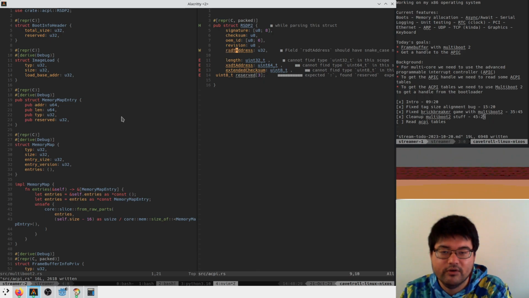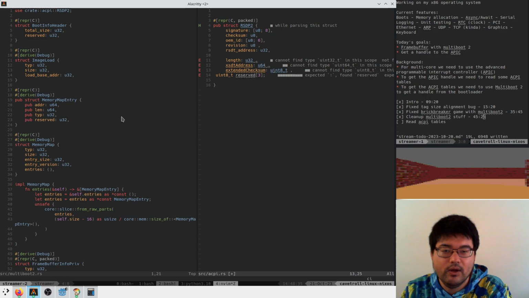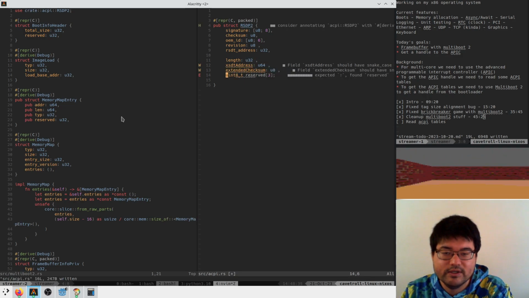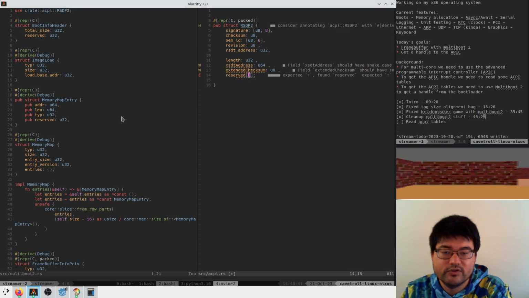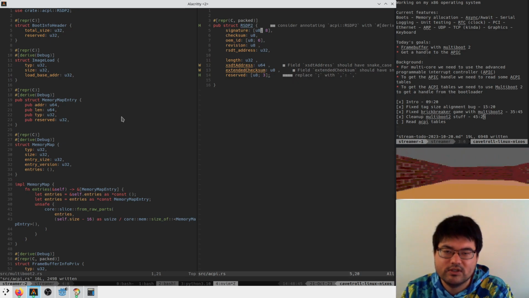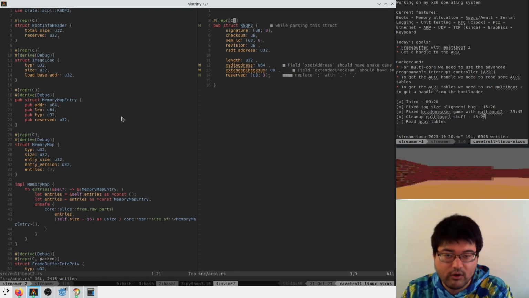This has to have an underscore here. This is a U32, this is a U64, this is a U8. Great. And then this guy also has reserved, a U8 times 3. So let's double check this now. This is 8, 14, 15, 16. So this actually doesn't have to be packed because it is aligned. Great.